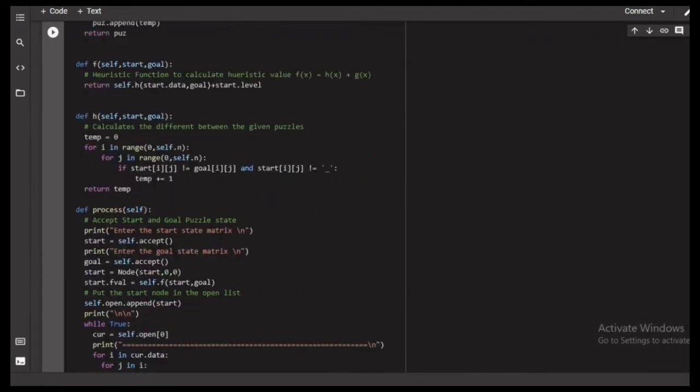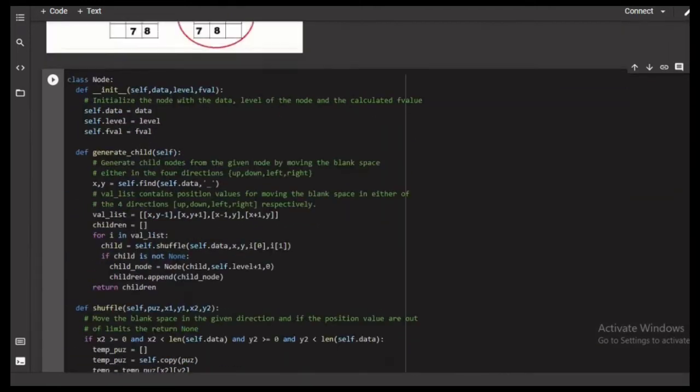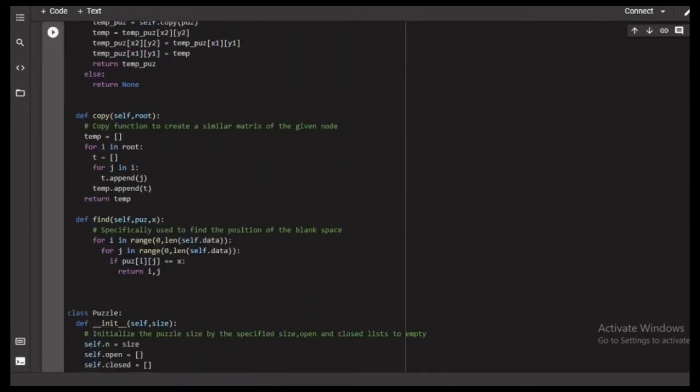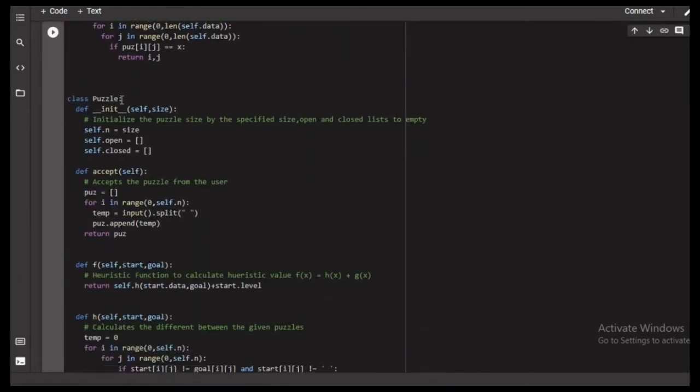So here is the class puzzle, and here is the constructor. The purpose of this constructor is to initialize the value of n, that is the size, and to initialize two empty lists which are open and close. I will explain the use of this open and close list afterward.